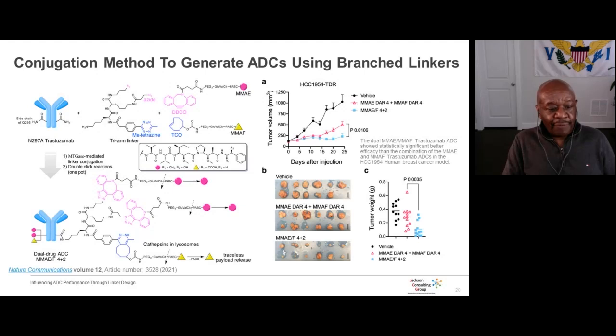2 for the MMAF, 4 for the MMAE. So the question is, what's the advantage of doing this? And what they show here in their in vivo efficacy study in this HCC1954 tumor model is that the site-specific ADCs with the dual payloads give you better activity compared to just taking the trastuzumab ADC that has a DAR 4 and the trastuzumab ADC that has an MMAF of a DAR